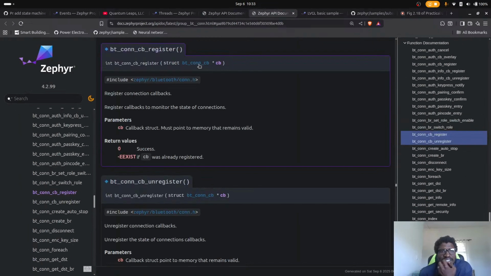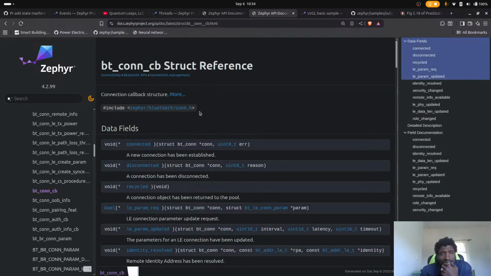So we give it a function. Register callbacks. Why do I need to pass in a connection here? No, it's called connection callback. Okay, cool. I need to pass in a connection callback,